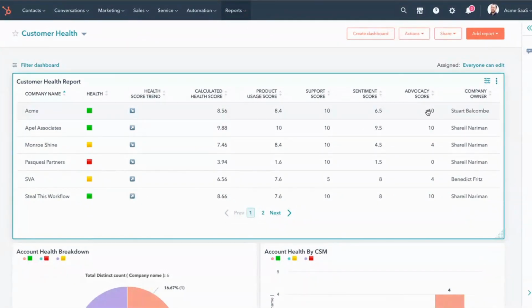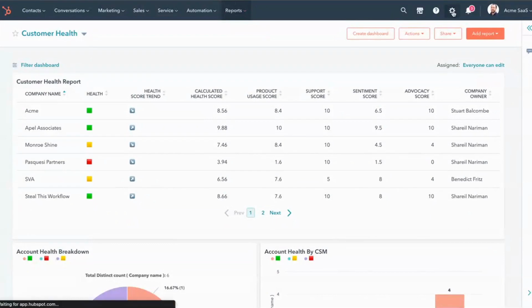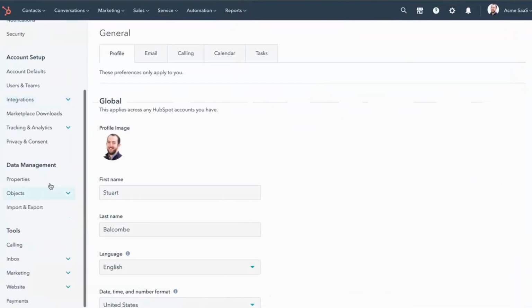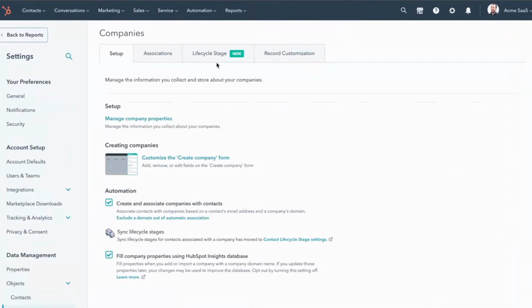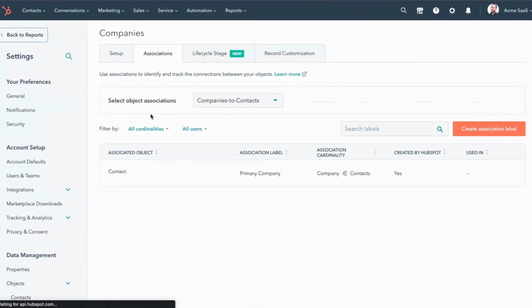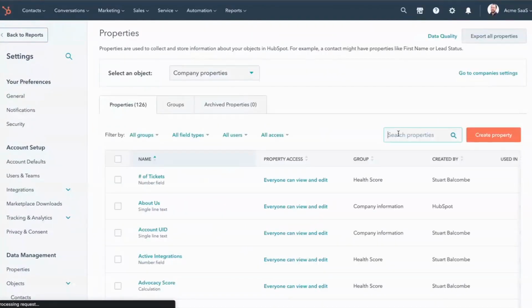Are they participating in case studies? Are they reviewing the product on G2 or Capterra, things like that? I'm rolling all of that up into this calculated health score, which if I go to companies, and then to calculated health score, you can see